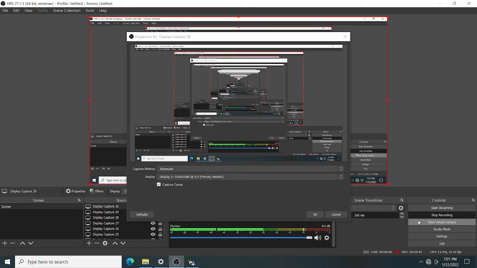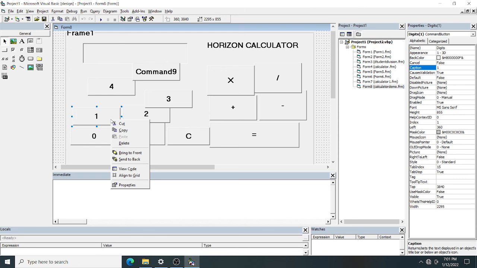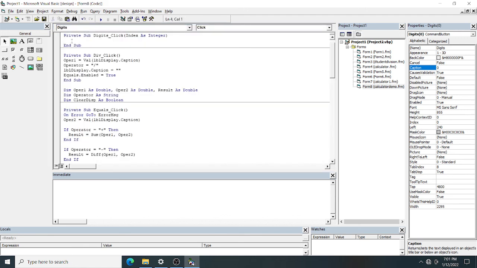And one more thing I want to tell you: what is the code for your control array. You are typing only one code. I told you how to do it. Just double click, because the name we have given is digit. So double click on any one control array button. If I am double clicking, you can see what comes: Private Sub digit underscore Click, Index As Integer. So index will be 0, 1, 2 up to 9. Whatever it may be, only one code will be there. So what is that code? I can show you the code.